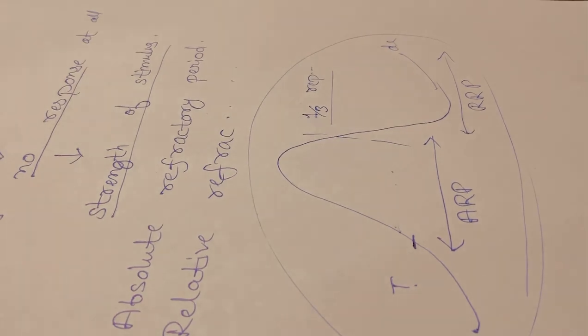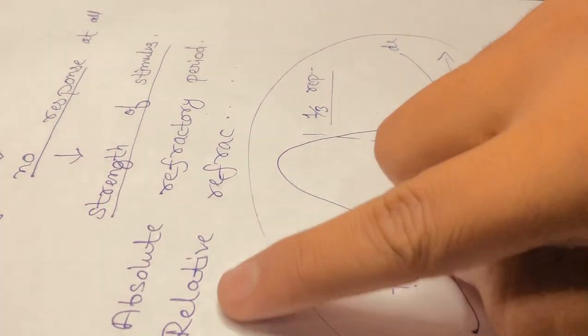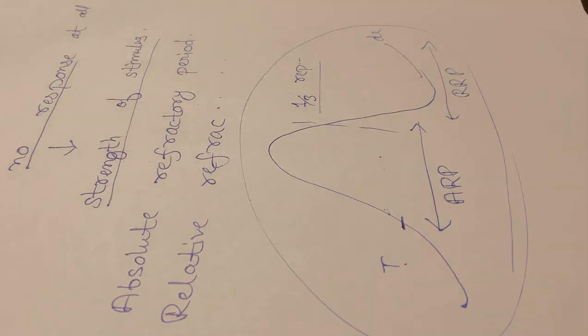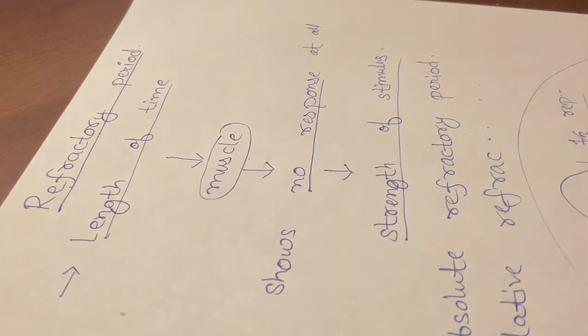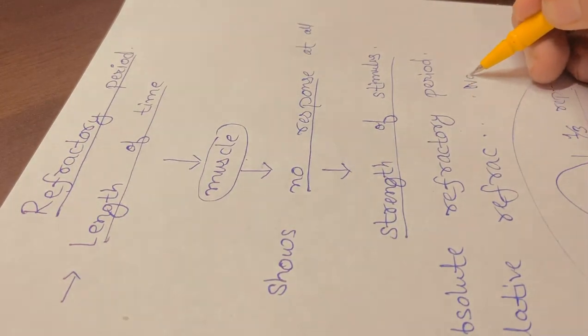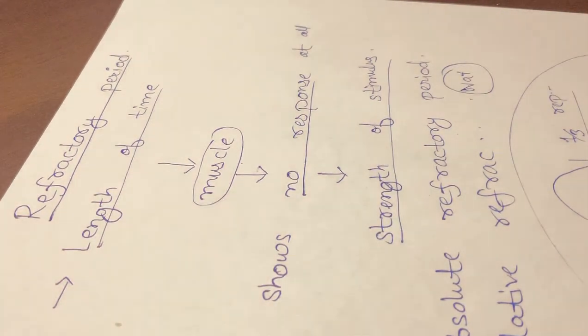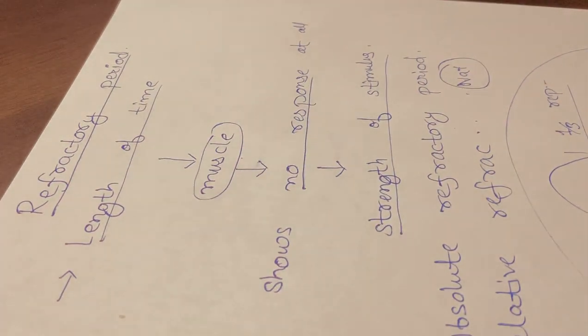So absolute refractory period is that length of time in the action potential at which the muscle will not show any response to the second stimulus, and relative refractory period is the length of time in the action potential in which the muscle can show a response if the stimulus is suprathreshold. Now what is the reason behind it that the muscle doesn't show a response? A clear reason behind this is the inactivation of sodium gated channels. The sodium gated channels become inactive during this refractory period, so there is no influx of sodium, so there would be no second stimulus. And generally this refractory period is long in cardiac muscles.